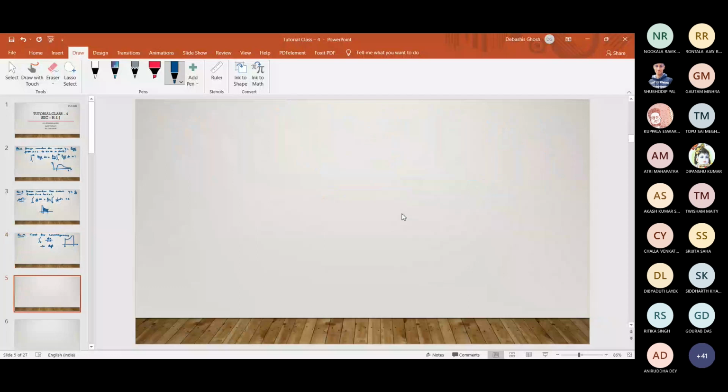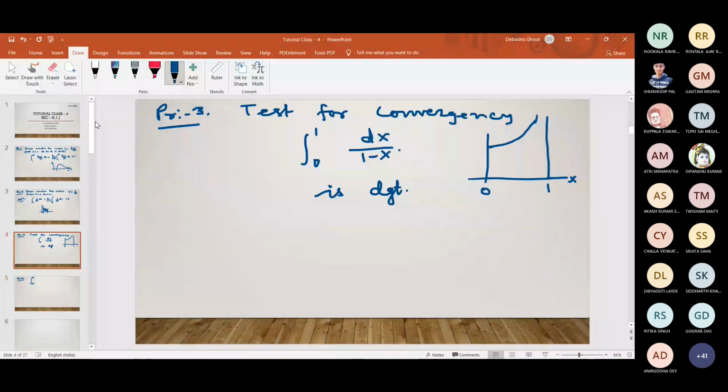Sir, one doubt. Yes. Sir, how are you telling it convergent or divergent without performing the mu test? No, every time we need not do that mu test. You have the limits, you have the integration. Just find out the point of discontinuity in this type of integration. Then you have to exclude that point. Then after that exclusion, you evaluate the limit of your definite integral, and then you take the limit as epsilon tends to 0.